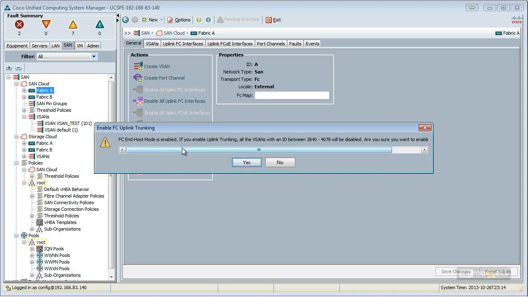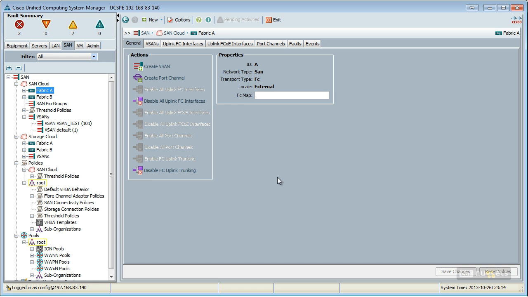If you enable uplink trunking, all the vSANs with an ID between 3840 and 4078 will be disabled. Are you sure you want to enable uplink trunking? Notice we run into those reserved vSAN IDs if we do this uplink trunking. I'll say yes, that's fine. And now we have, just for Fabric Interconnect A, enabled the ability to trunk our virtual storage area networks northbound